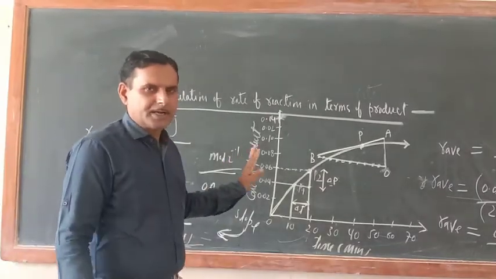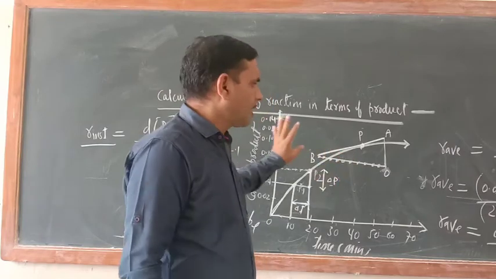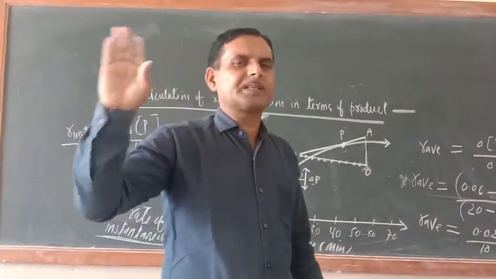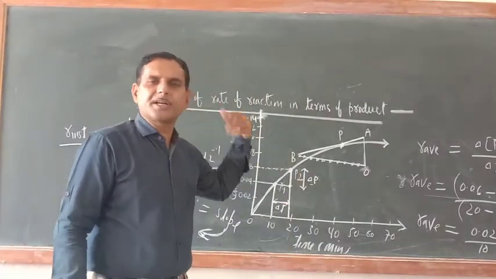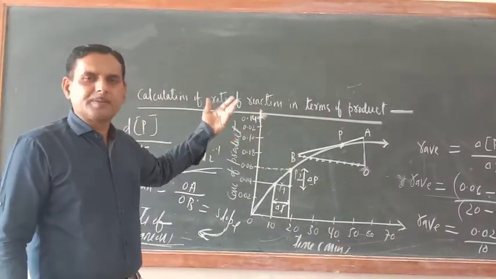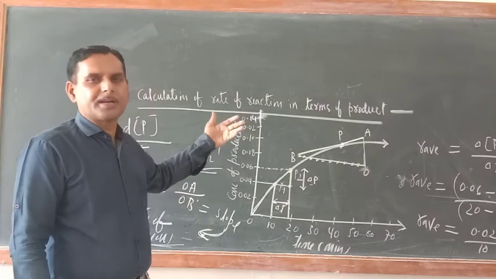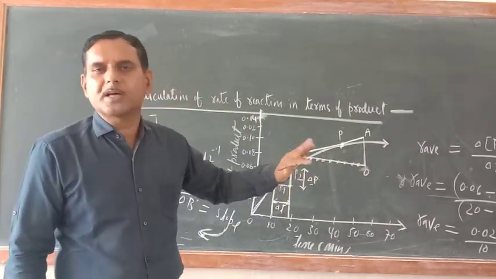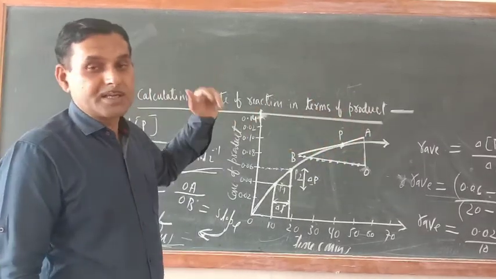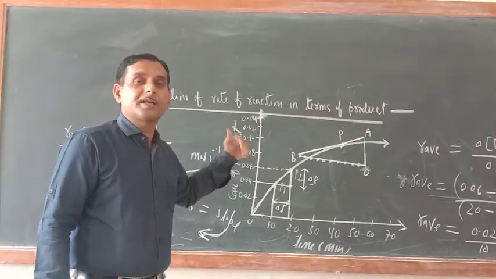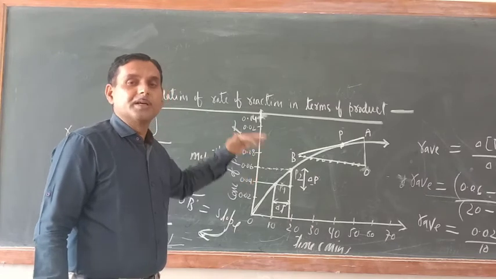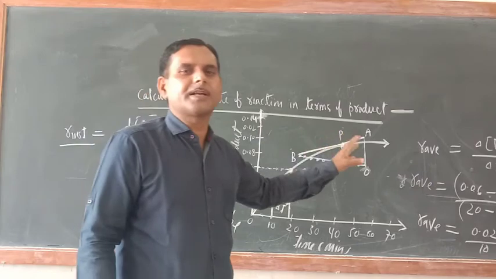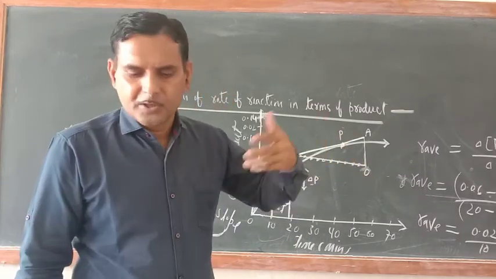Dear cadets, today I have taught you two major things. This method of expression of rate of reaction, that is average rate and instantaneous rate, then experimental calculation of rate of reaction. This was given in terms of graphs. First I drew the graph for the reactant, then the graph for the product. With the help of these graphs, I have told you how to calculate the rate of reaction, hoping that you have got this.